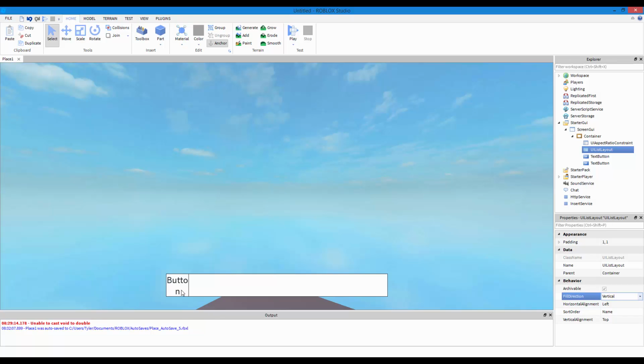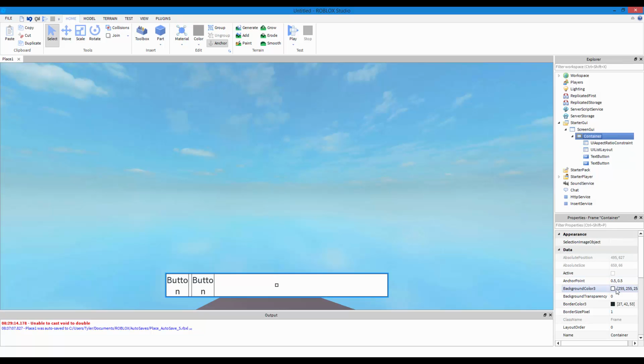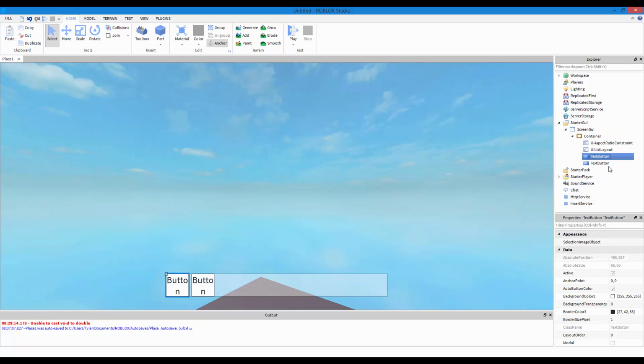So if I want my buttons to go all to the right on the x-axis, what I would do is horizontal, because this is horizontal, and then I add how many pixels I want it away. So 10 looks nice. I mean, it has a gap. Now let's make this container like 0.6, to make it look a little better.